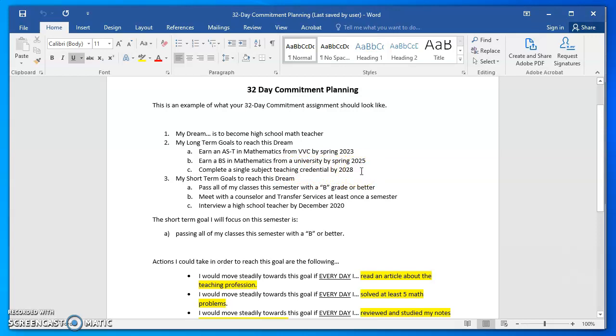Goals need to be things that are achievable, and they have to have deadlines. If they don't have deadlines, then you won't know if you're on course or off course towards reaching that goal. And also a little note about deadlines, they have to be realistic. So if it's not possible for you to attend school full time and really get a degree done by a certain time frame, if it's going to take you a little longer, then be realistic with your timelines. That way you don't feel frustrated or feel like you're not reaching your goals.